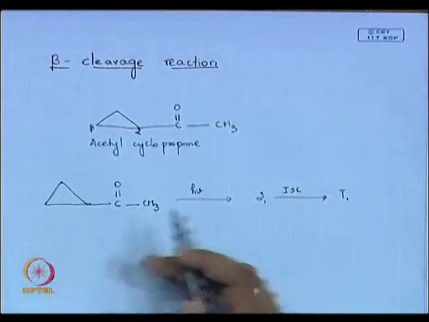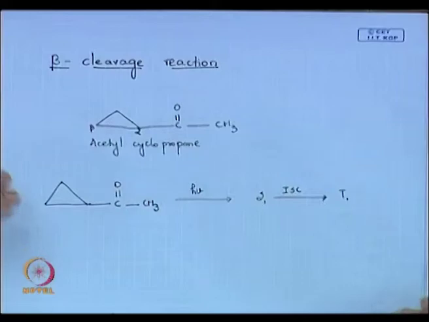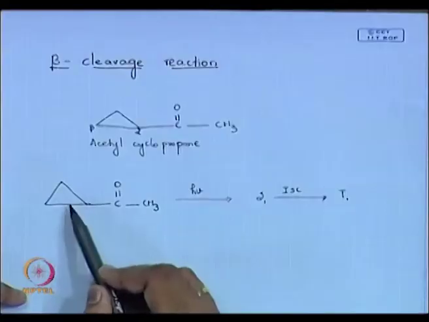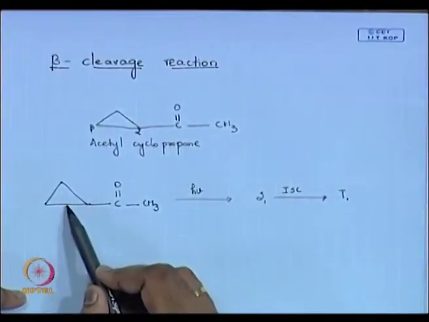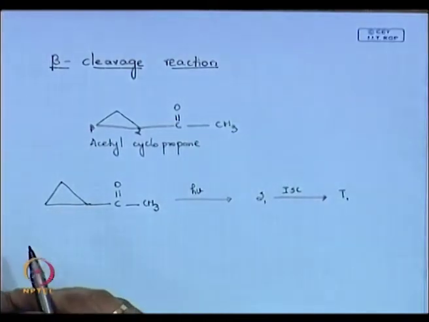Basically, once your carbonyl gets excited, in the singlet state as well as in the triplet state, it has excited energy. This excited energy is then transferred to your C alpha and C beta bond, and that is how the alpha beta bond gets cleaved. So, it is a type of energy transfer from your excited ketone to your C alpha and C beta bond, which makes the chemistry occur.